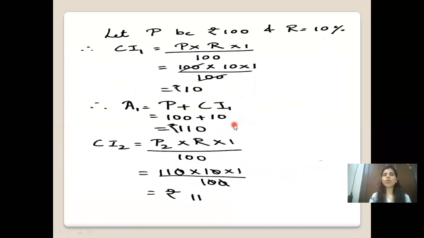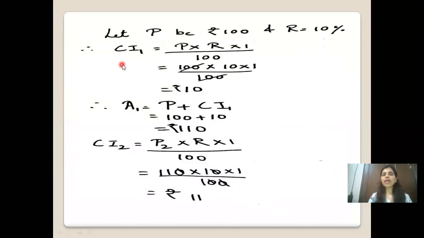So in this case you have to assume principal as rupees 100. As you know the percent rate, you will calculate the compound interest for the first year and compound interest for the second year. So you'll be using the formula P into R into T upon 100. Okay, so whenever you're finding CI for 1 year, you are going to write time as 1. Okay, so once you calculate it in this manner, 100 gets cancelled and you get R is equal to 10.